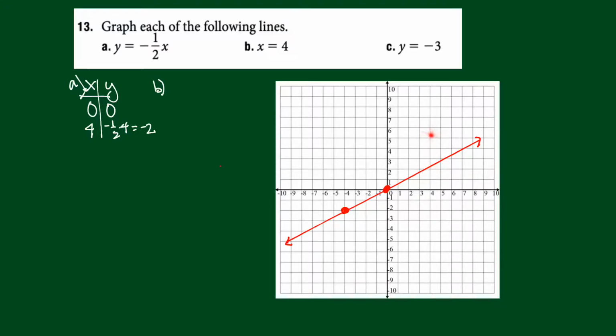So it doesn't matter what Y is. I'm going to get every point on that vertical line. So I'm going to pass a vertical line here through X equals 4. And these show up every now and then. So you'll want to remember that if you have just one variable, if it's X, it cuts through the X-axis at that particular number. If it's Y equals, as in part C, this is going to cut through the Y-axis